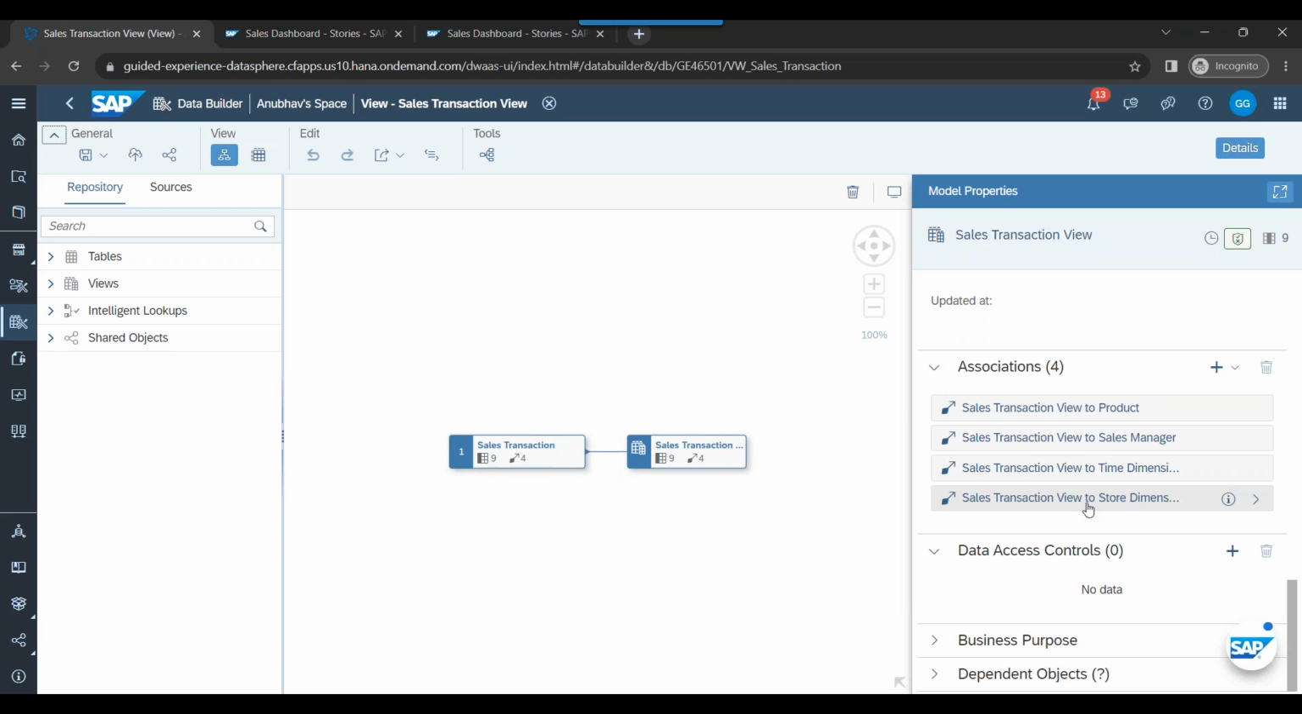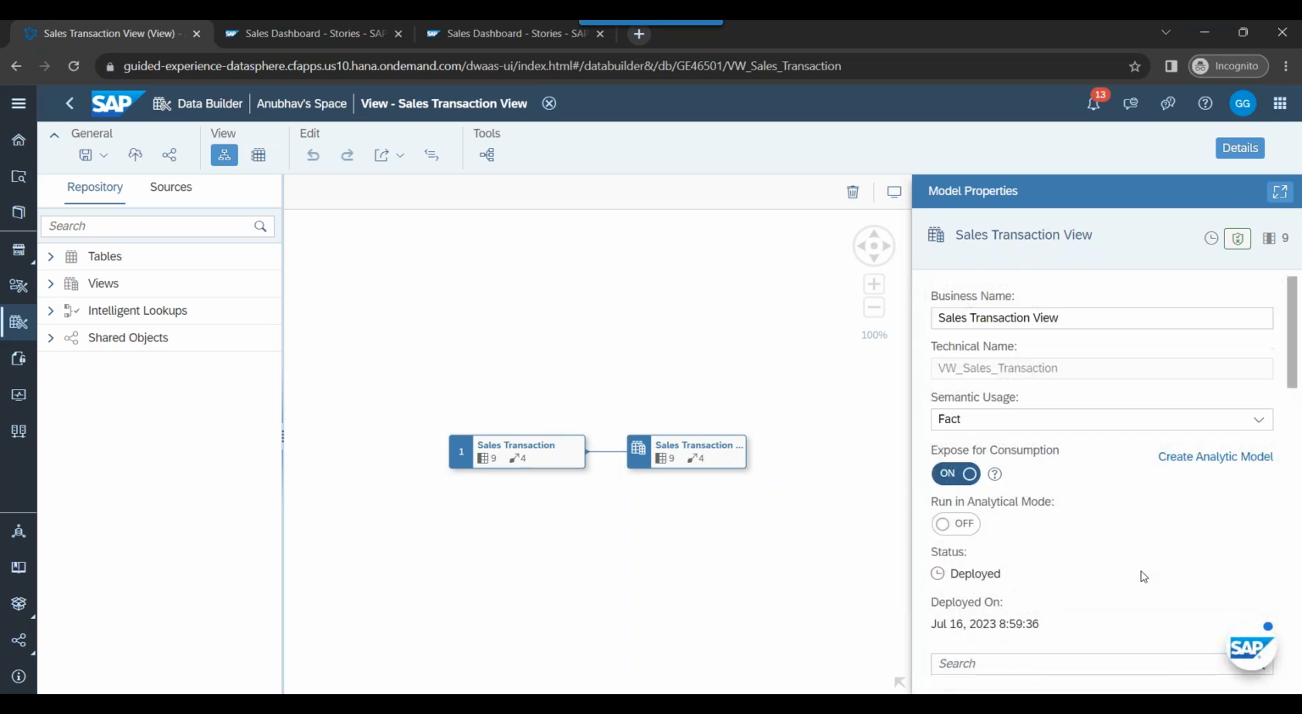You will be able to create geo maps by adding this geolocation. So let us go ahead and see this in action. How can we now create an analytic model? Option one, which I showed you today, is to go directly to Data Builder and create an analytic model. Option two, you can create it from here directly. So let me click here,